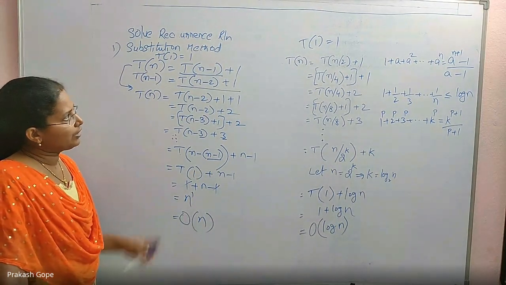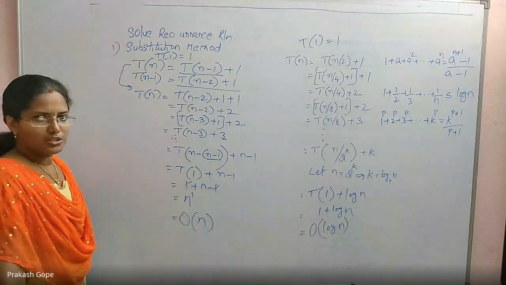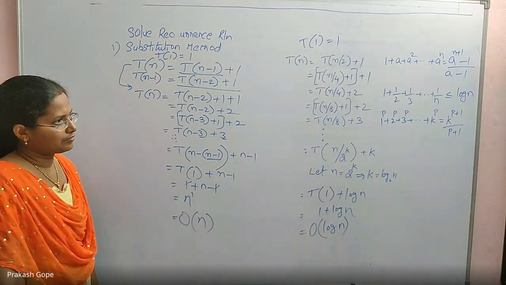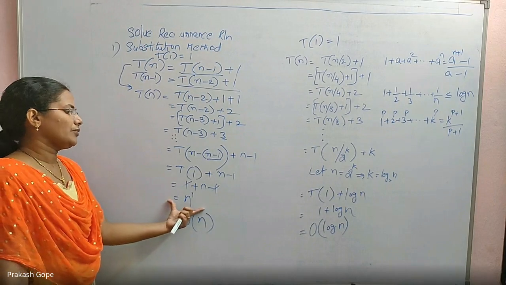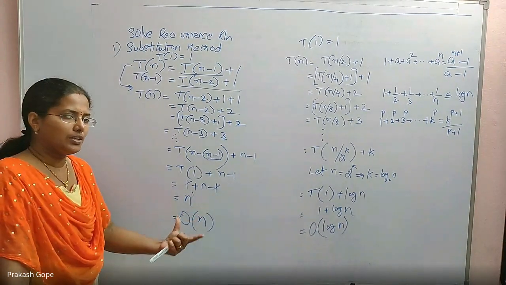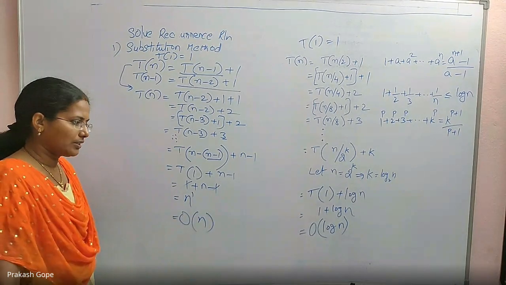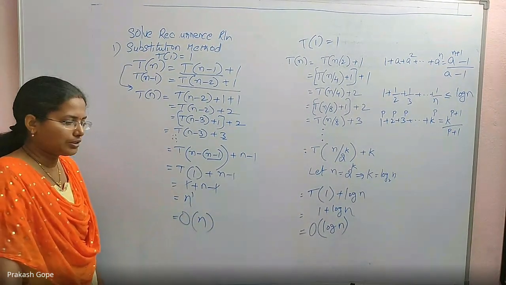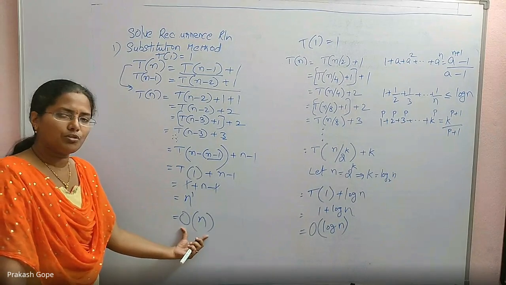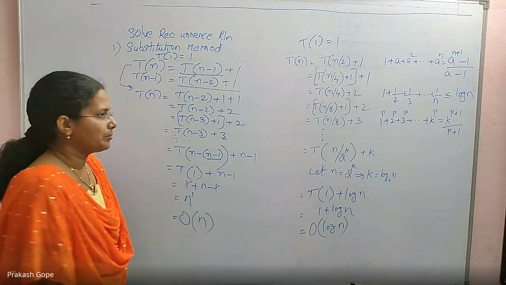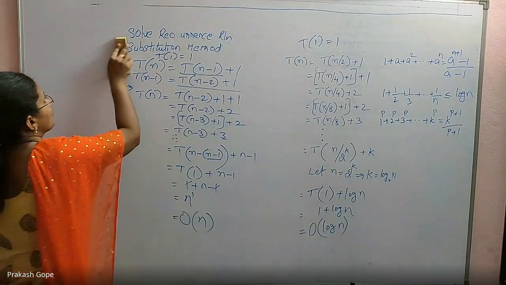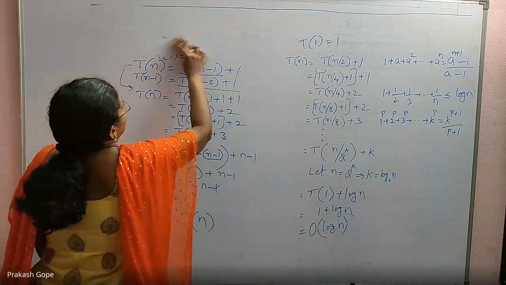But in GATE, we will not be using the substitution method to solve questions. Even if they are asking for the exact answer, definitely they will give it in the options. So we can substitute directly in the options and give the answer instead of solving by using this method. If the answers are in terms of big O, we will straight away use master's theorem. So substitution method is not much used in GATE.